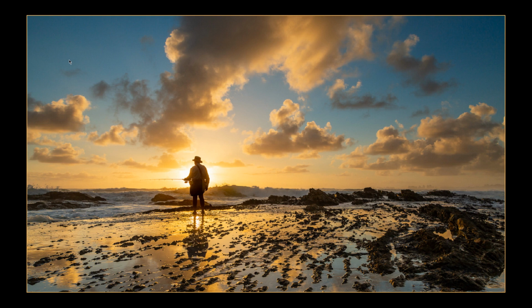Yeah, beautiful morning or evening. Really lovely reflections in the wet sand, I guess. All of that works very well for me. Our fisherman positioned very nicely against the sun to pull that together, and I think it's very strong. But then I look at it a little bit more detailed, take a little bit more time, and I wonder,